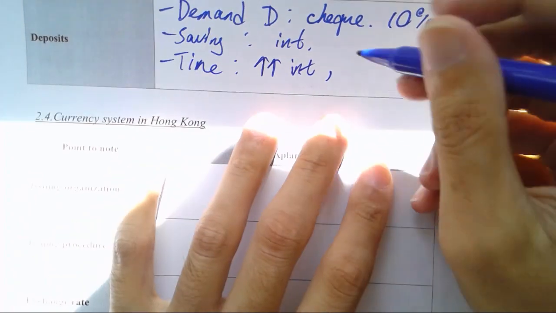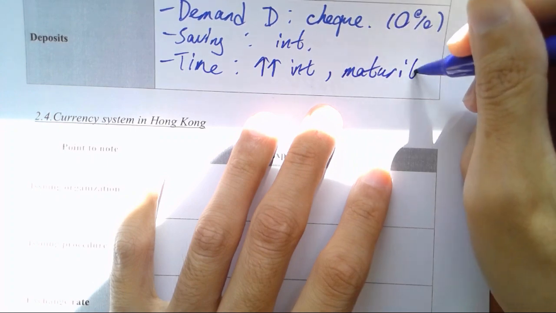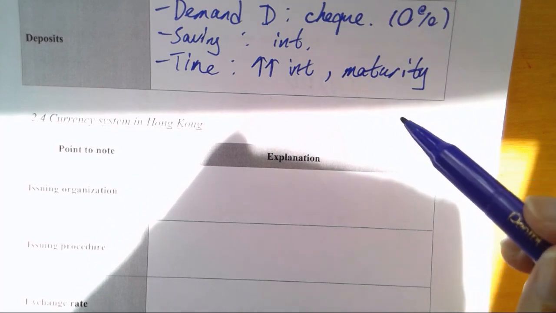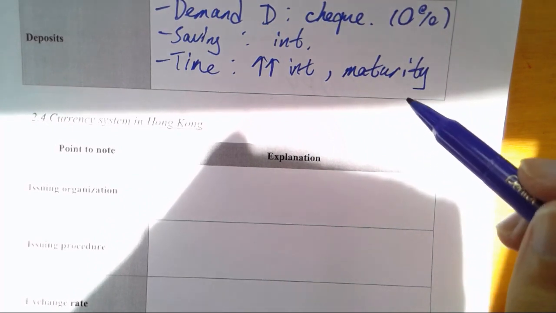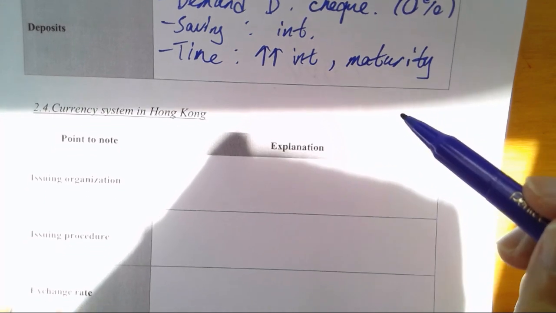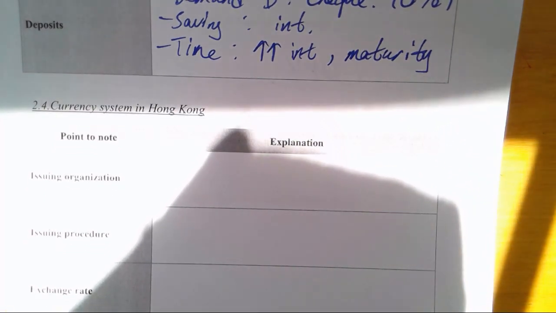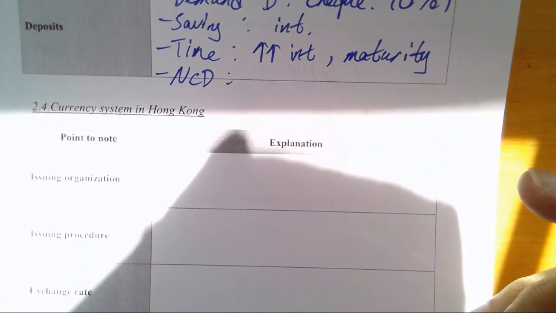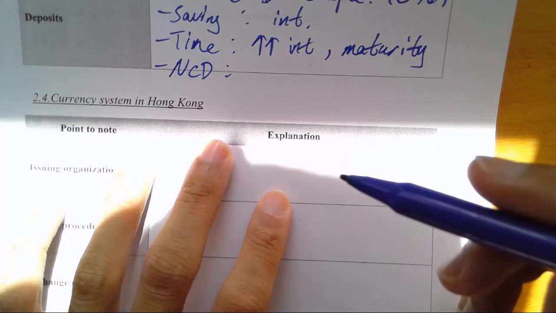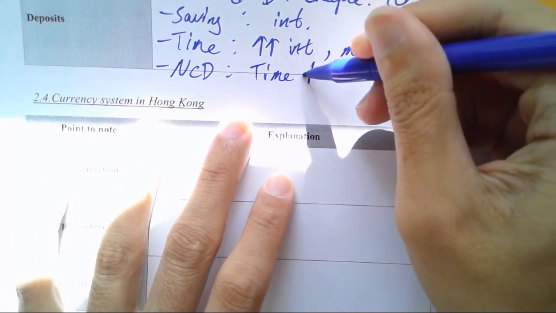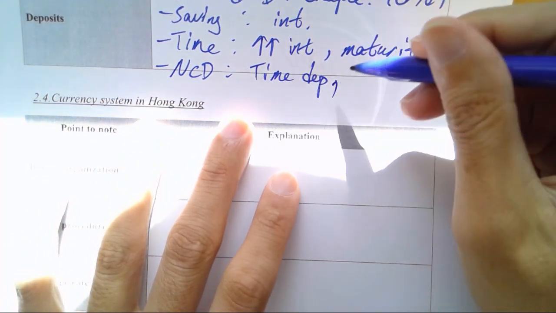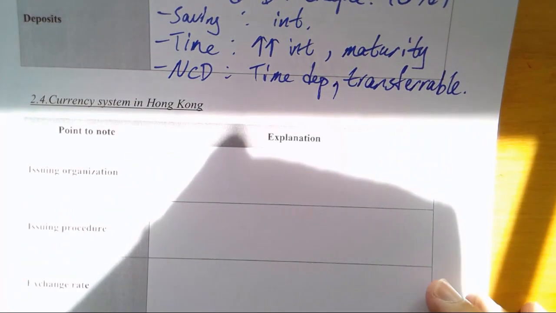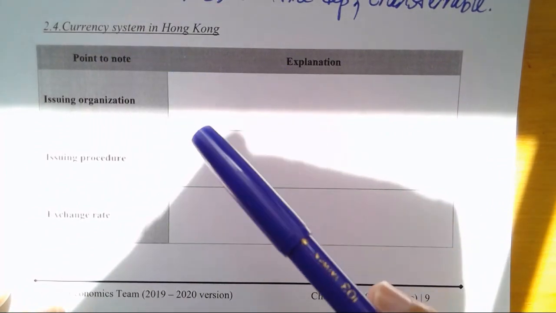But there is also something we call maturity, which means you need to put in the money for a period of time before you can take out, or you will face penalty. We call this maturity. 係咪啊？你未到期啊，你唔準攞出嚟啊！攞出嚟要扣錢㗎，係咪啊？And finally, something we call NCD, Negotiable Certificate of Deposit. Okay, NCD, basically a time deposit, with the exception that it is transferable. 可以賣俾人嘅 time deposit。嗱，呢個我唔講咁多啦，好嘛？